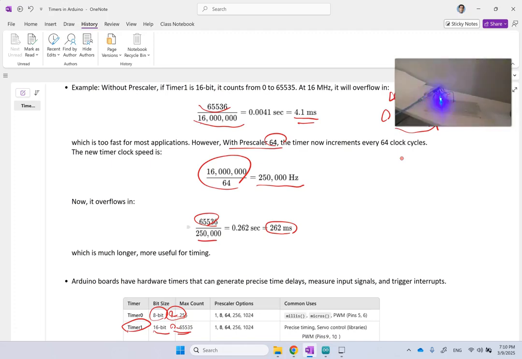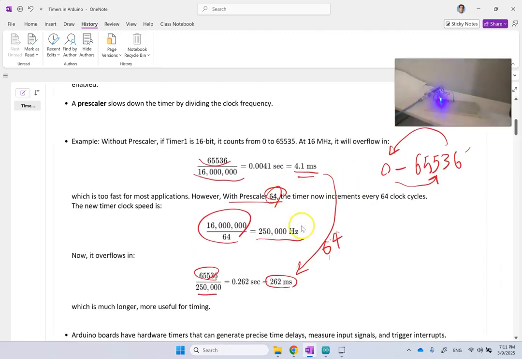You see, going from this number to this number, which both of them are overflow of timer 1, the scale is this prescaler, 64. So you made your overflow happen in 64 times more milliseconds. Instead of 4 milliseconds, now it overflows in 262, which is more useful for timing actual physical events,